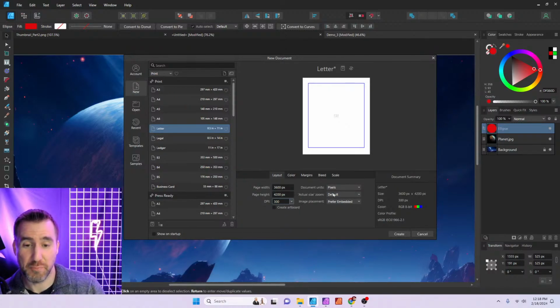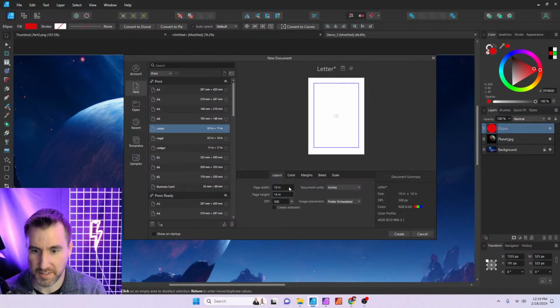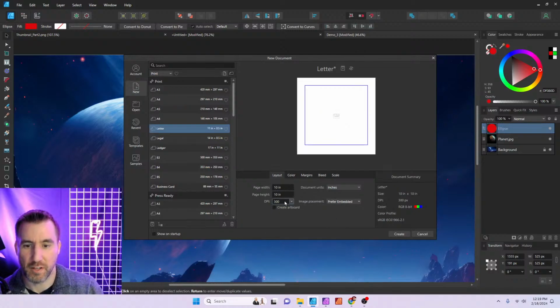The reason it should be there is if we were selecting inches. Inches isn't really a concept for digital images. They're all pixels. But when we select inches and DPI, it's just going to multiply our inches and our DPI to give us the size in pixels. So I'll do a quick little example of that. If I say 10 by 10 with 300 DPI, this is going to be the same as a 3000 by 3000 pixel image. So if I say create,